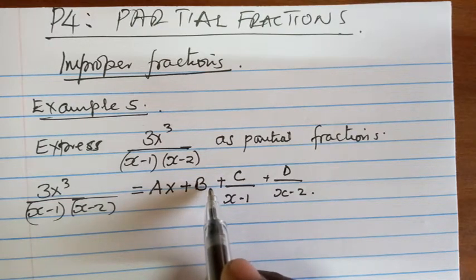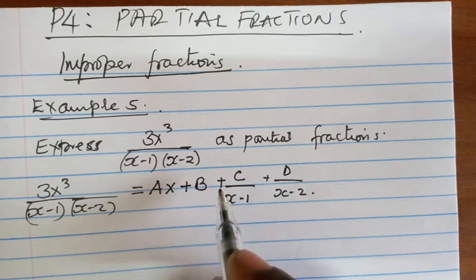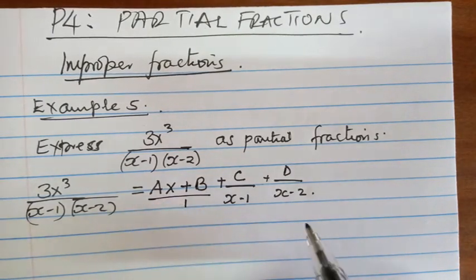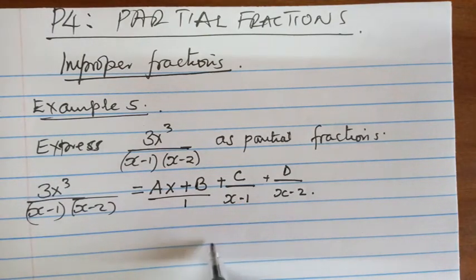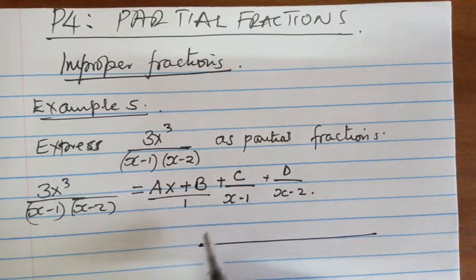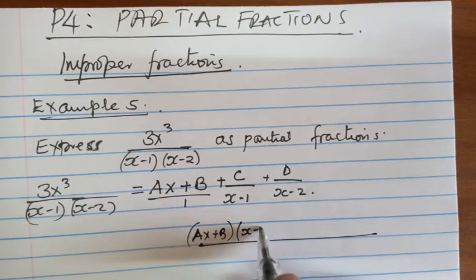So when we write x power 0 here, of course any number to power 0 is 1, and of course 1 times b is b. And that is exactly what we wanted. We can say this is over 1, or we can even deal with it independently. So the LCM, as we know it, is going to give us this divided by 1. We're going to have (ax plus b) multiplied by (x minus 1)(x minus 2),